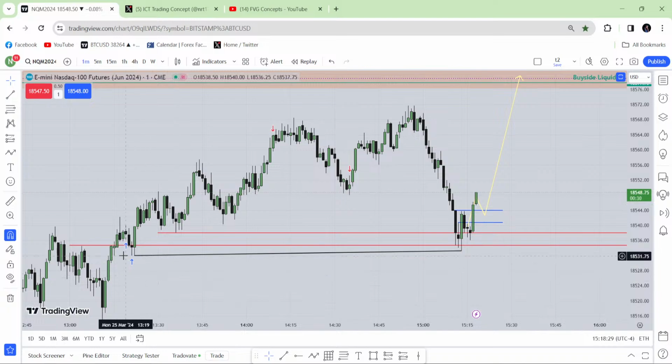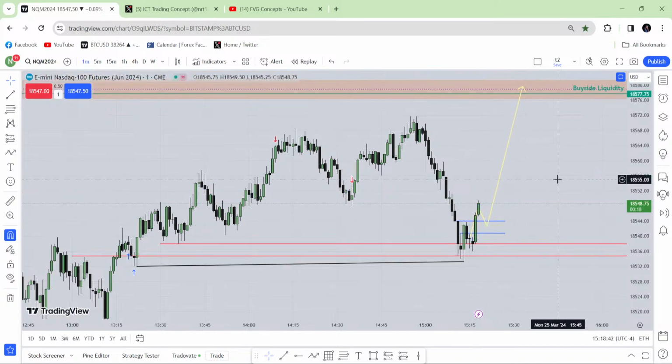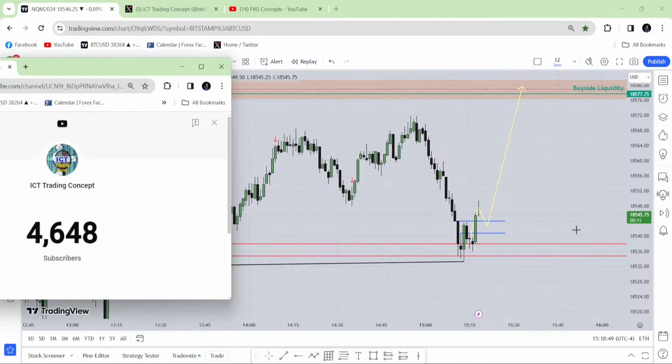Why are you not thinking that this is going to work as a first fair value gap? Because these lows didn't trade the fair value gap. There is no fair value gap that has been traded by these lows. So this is not the first fair value gap. If it works, it can work. Nothing is wrong with that. Absolutely it can work. But I'm not interested. Simple, okay? I gave you every answer you can ask me.